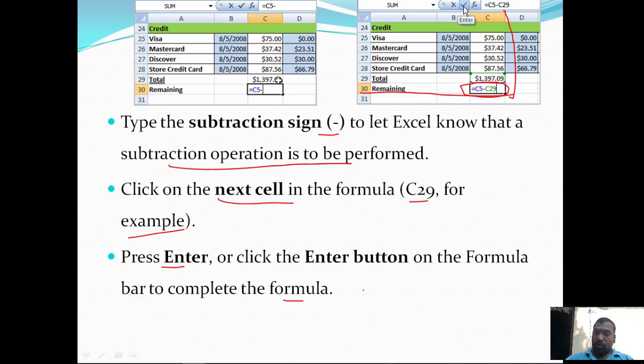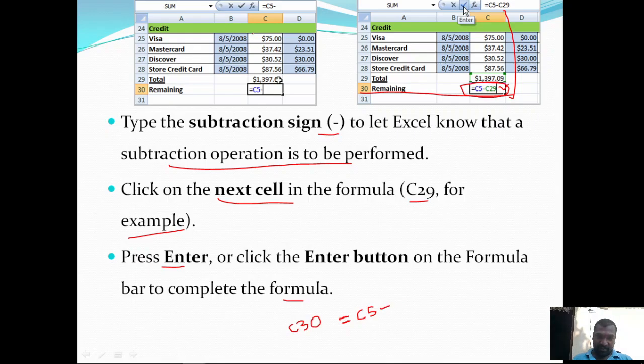So go to the C30 cell, click on that particular cell, and then type the equal sign. Then move your mouse pointer onto the C5 cell, click on that cell and then press the minus sign.